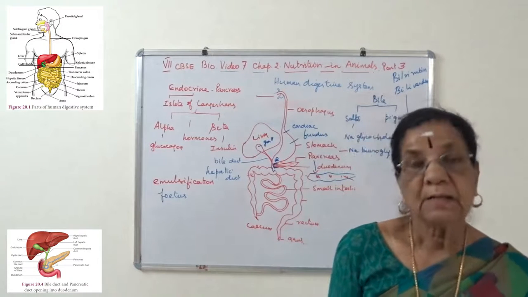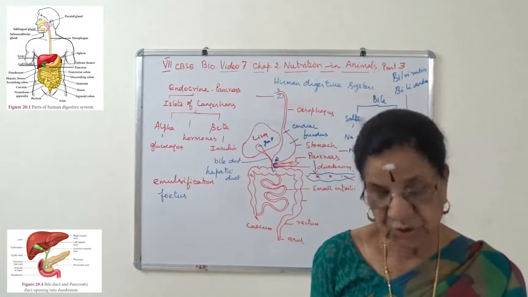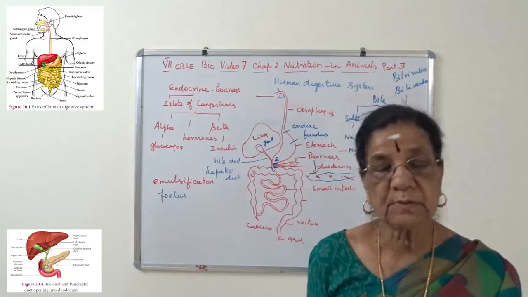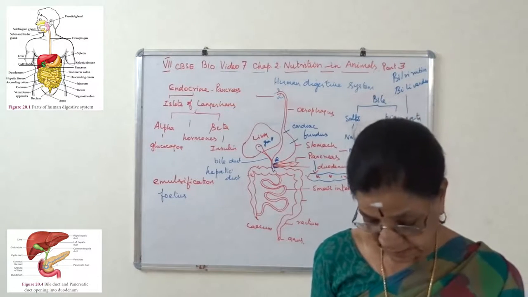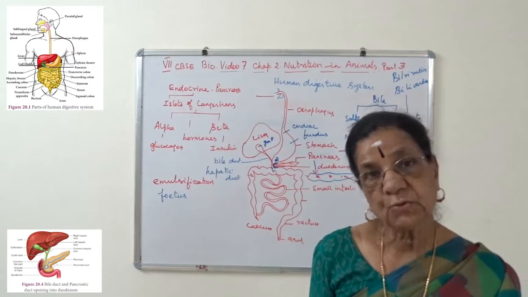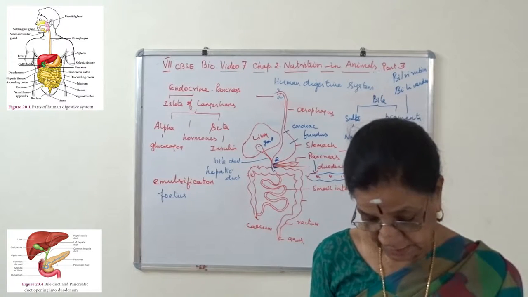I repeat, the liver produces fibrinogen and prothrombin as proteins and they are used for blood clotting, and it destroys